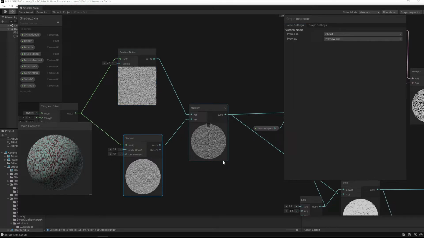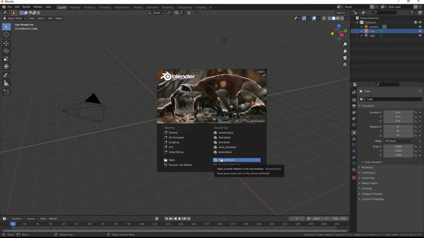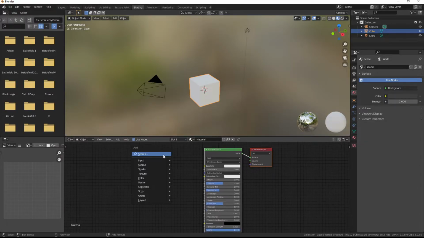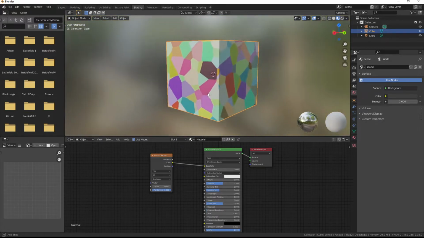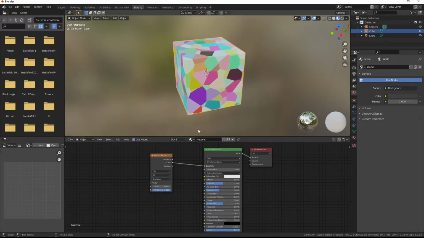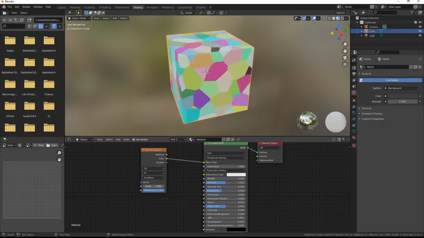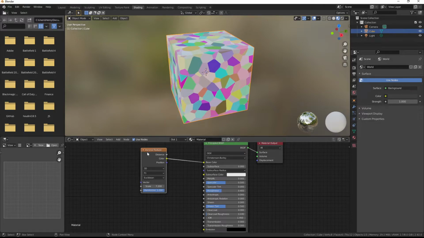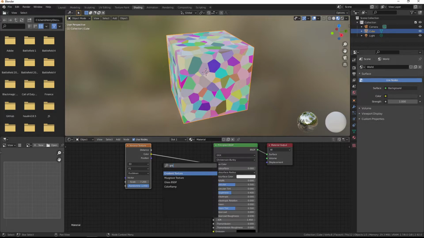Both gradient noise and Voronoi are mathematically generated textures. Again, maybe nice to show it here. So I can add in a Voronoi texture and stick it into color, and then I get this lovely kind of almost stained glass effect. And Unity has this as well. It's quite a common function. It's very useful because when we combine it with stuff like gradient noise,